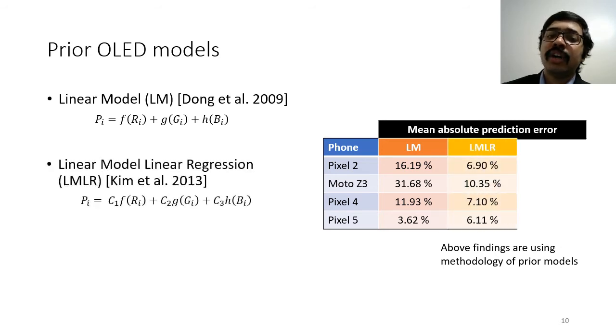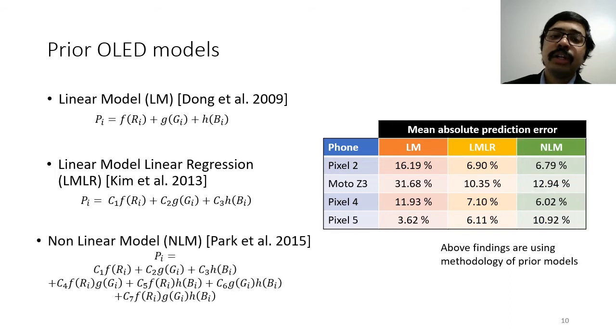Next, we tried generating a linear regression model by fitting 4 colors that are yellow, magenta, cyan and white from the constituent subpixel power, which are red, green and blue, for varying intensities from 0 to 255. Further, to model the subpixel dependencies, we generate the nonlinear model by adding second order and third order coupling nonlinear terms. As seen from the table, we still can't reduce the mean absolute percentage error. Next, let's find out why the linear regression could not model the pixel power.